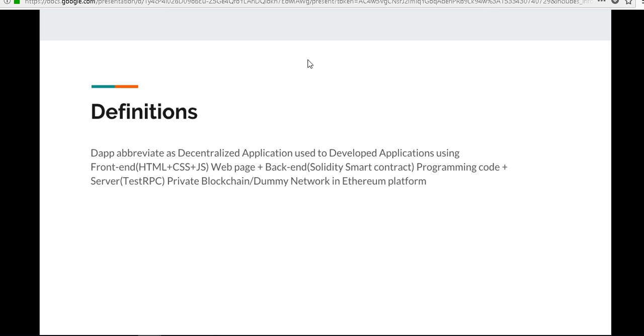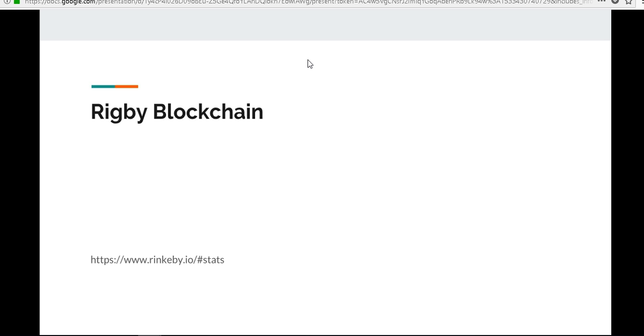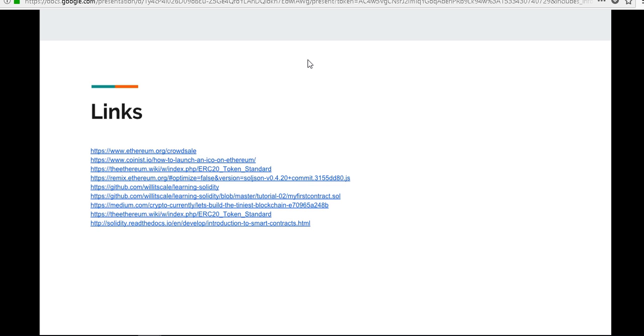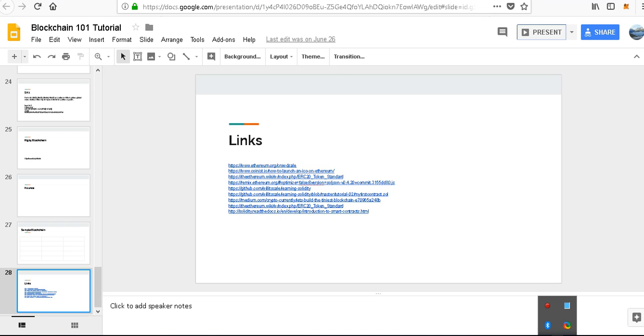Then we looked at dApp to do the solidity example, and we tried to launch our own currency, but the whole idea was that the front end would be the same as it is, but the back end would turn to Ethereum blockchain and not the traditional SQL which we are using right now. So we did Rinkeby blockchain in the class, and we downloaded the wallet, which was part 2 of the class. So I hope this was a quick revision of what we did in part 1. Keep tuned for the part